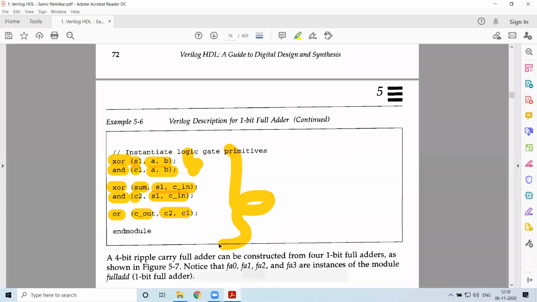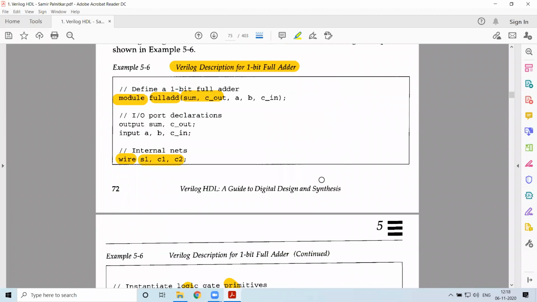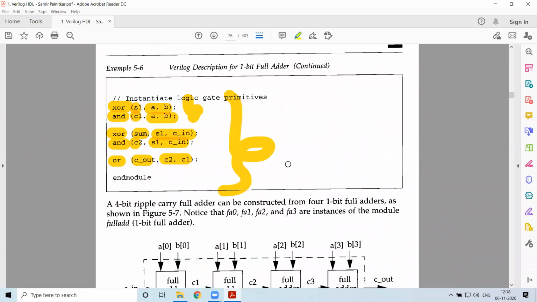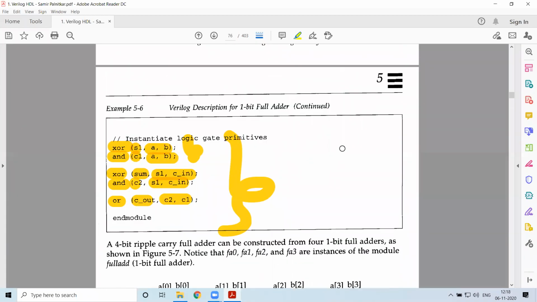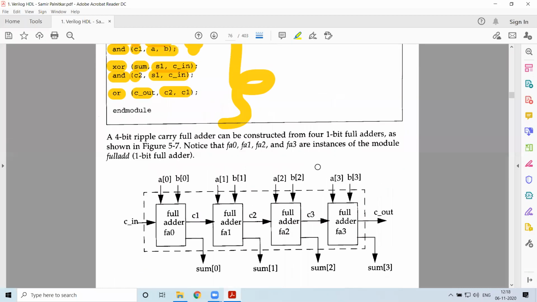So this one will be giving you the implementation of this logic diagram. This is the implementation what you have done using the gates. So again, you write a stimulus block for this one, and you change the inputs and try to see what is the overall result. So let us wind up here for this session.